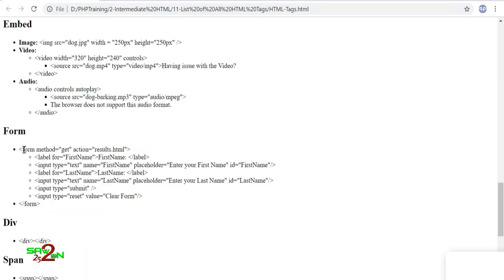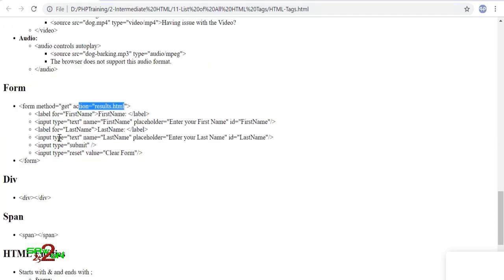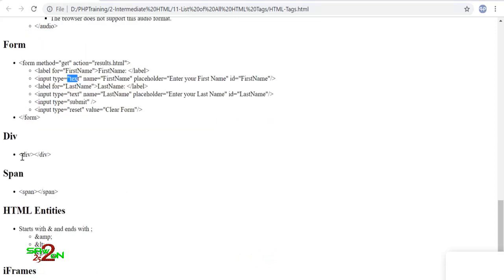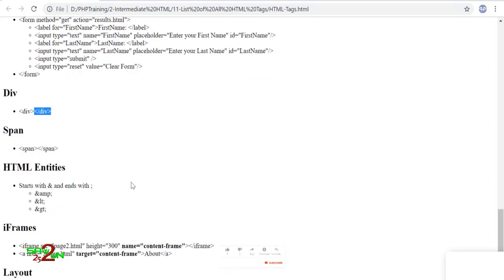In terms of forms, you have to write form, and then we saw methods like get and post. We also saw that action is used to go to that page when the submit button is executed. Okay, and then we talked about labels, input, different types of inputs, right? Email and numbers and so many types, password. We have talked about all those things in the form section. Then div is basically a container to hold a collection of elements. Even the span, we have also seen the difference between div and span.